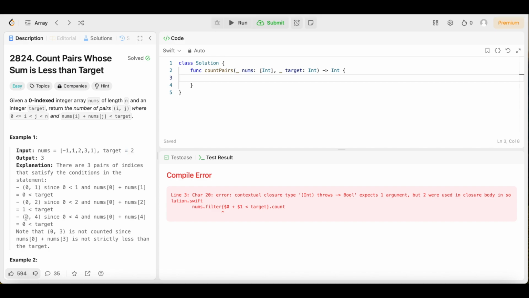Now the third and last one, 0 and 4. Index 0 is -1. Index 4 is 1. That's going to give us -1 plus 1, which is 0, which is less than 2, so it satisfies the conditions of the statement. Note that